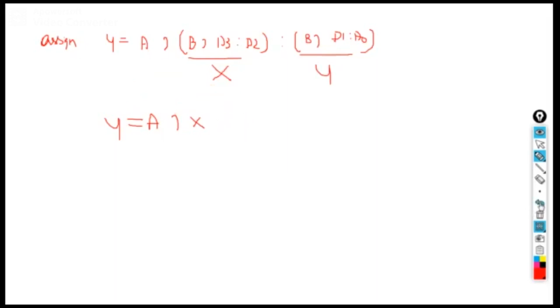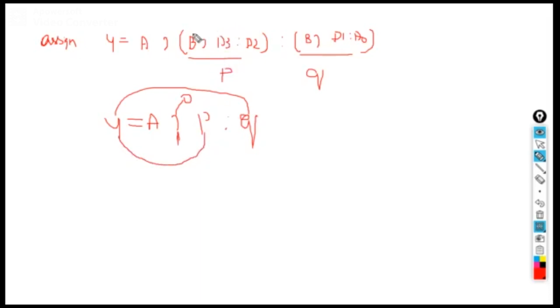So let me take a different value here. Not x is to y. If I take x and y, you may confuse. I will take p and q. So here p is to q. So if a is equal to 0, then y is equal to q. If a is equal to 1, then y is equal to p. Now you have to solve this one first. So we will see now here this one.